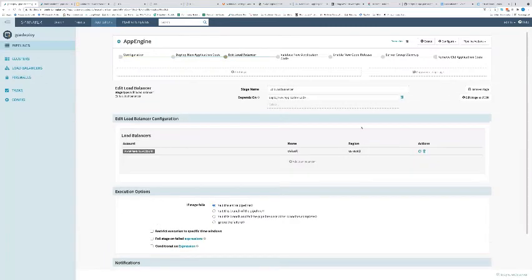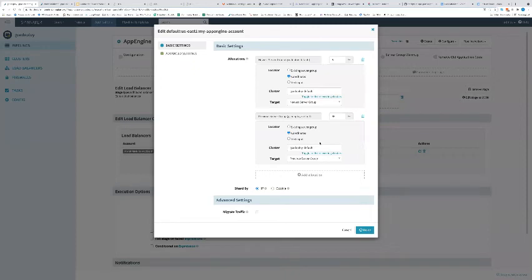Now, the next step I'm going to take here is I'm going to go through the process of redirecting some of the traffic to that. So this here is sort of a canary type of deployment that I'm doing using App Engine. And so we can see here, I'm going to start with my newest server group. The one I just created in the previous step is only going to get 5% of the traffic, right? And so this is the cluster, and it's going to target the newest server group. And then ultimately, I'm going to keep 95% of my traffic with my previous server group, so the previous deployment.